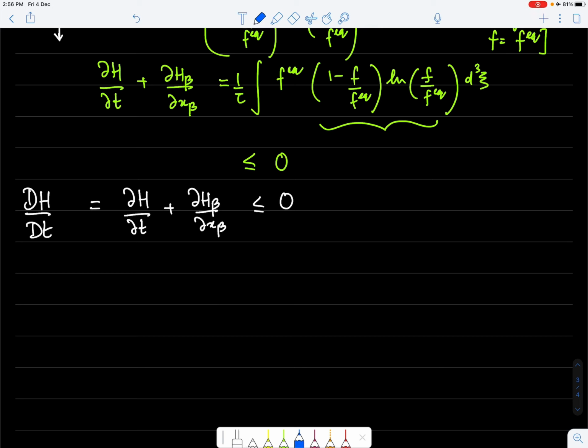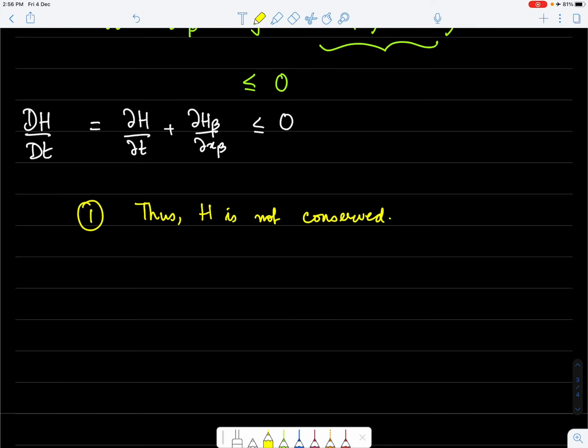And so now we come to the inferences of this theorem. The first inference is that h is not conserved. It does not remain the same with time, it keeps changing, and it changes in a very specific way: it never increases but decreases